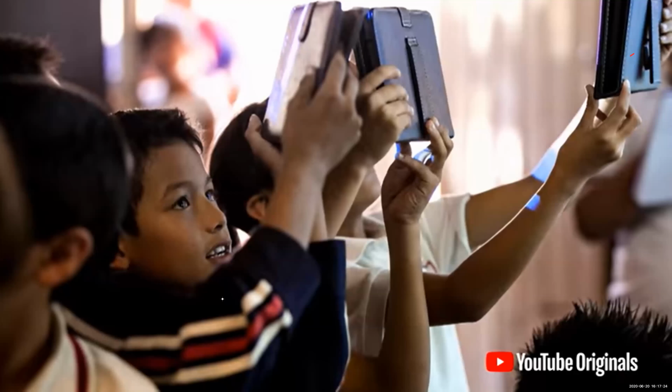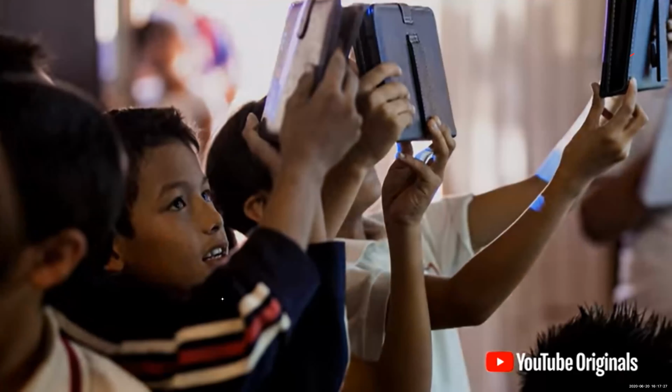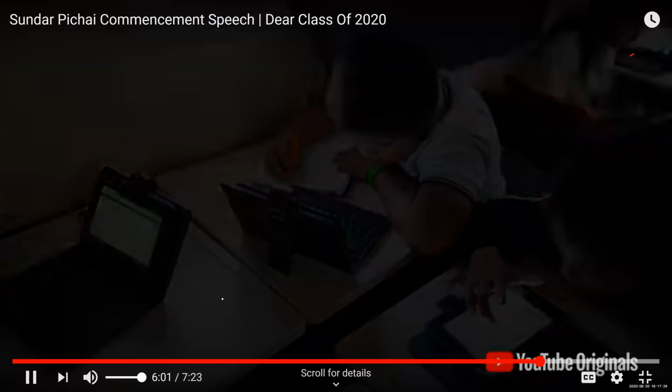Had I stayed the course in graduate school, I'd probably have a PhD today, which would have made my parents really proud. But I might have missed the opportunity to bring the benefits of technology to so many others. And I certainly wouldn't be standing here speaking to you as Google CEO. Believe me when I say I saw none of this coming when I first touched down in the state of California 27 years ago. The only thing that got me from there to here, other than luck, was a deep passion for technology and an open mind.